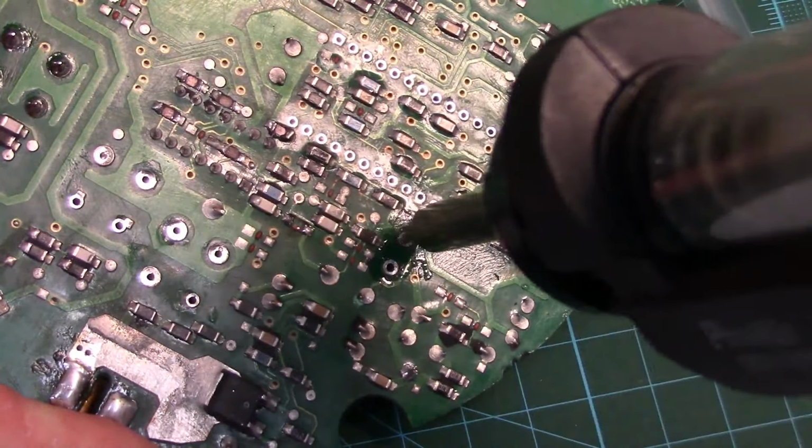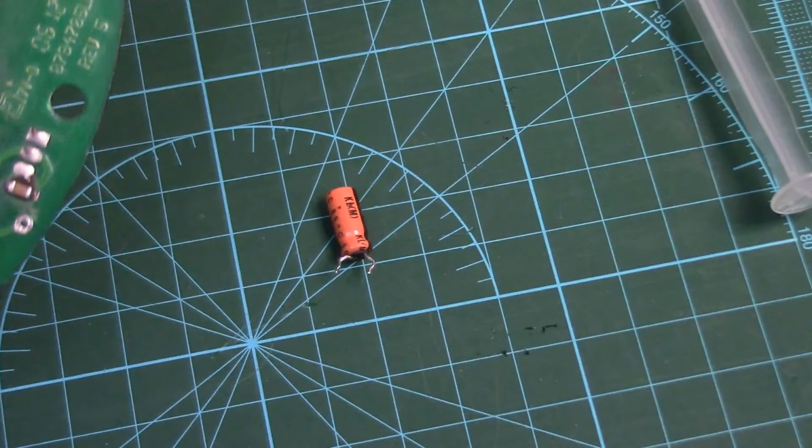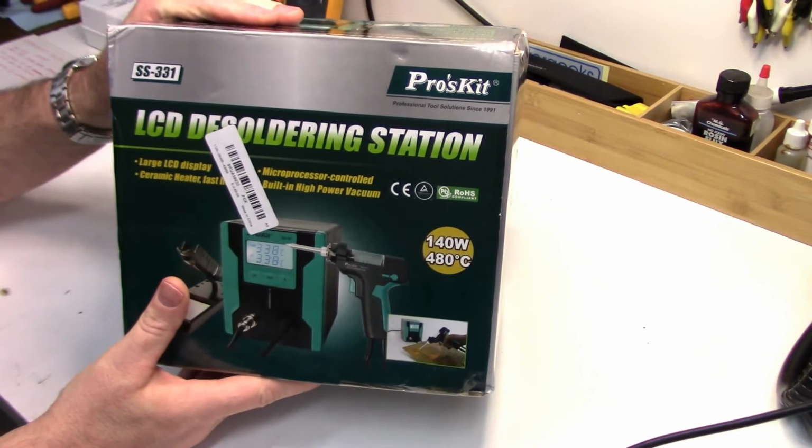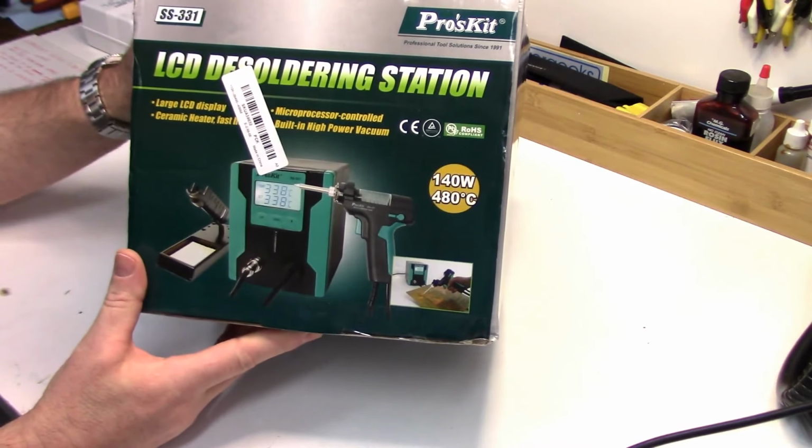Oh, this pin's folded over. Oh, came right out. Howdy folks, thought we'd take a close-up look at something Santa slid down the stovepipe last